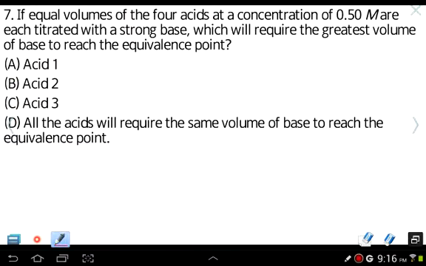See what else we got. If equal volumes of the 4 acids at a concentration of 0.50 molar are each titrated with a strong base, which will require the greatest volume of base to reach the equivalence point? So here we're doing a titration, and we've done a number of titrations. What we call a titration would be you would have an acid here, and then you would add a base from a burette into the acid. Now it turns out that it doesn't matter what type of acid it is, whether it's weak or strong. As long as you have the same concentration, you'll need the same amount of